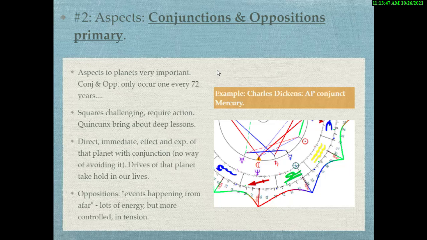So at that point, it's complete immersion into Mercury. If it was square, it would be more challenging, requiring action. Quincunxes bring about deep lessons, but there is, at a conjunction, no way of avoiding that planetary energy, whether it's conjunctions or oppositions. The drives of that planet absolutely take hold in our lives, and the only difference is that an opposition really showcases events happening from afar. Lots of energy, but it's more of this energy that's controlled coming at you from the other side of that opposition. And yes, for Dickens, this is when he famously launched his,